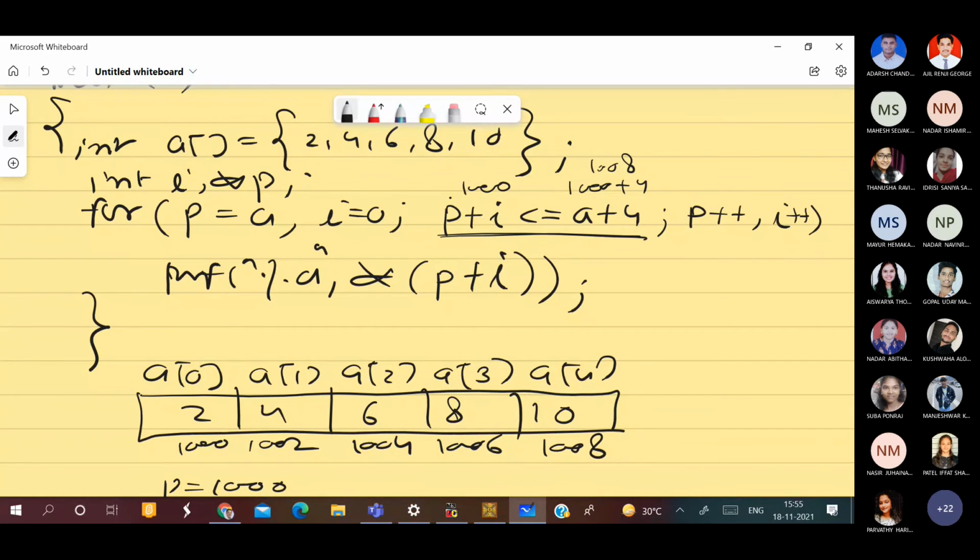Is 1000 less or equal to 1008? Yes, sir. So what is P right now? 1000.